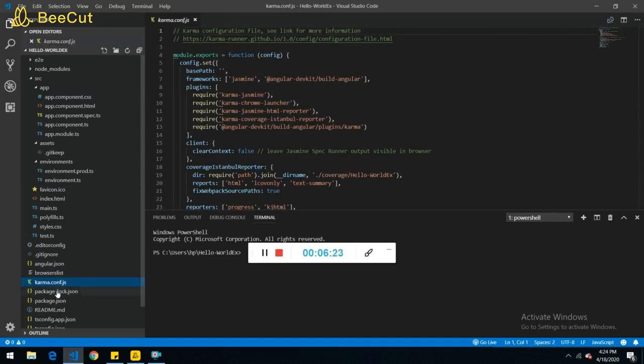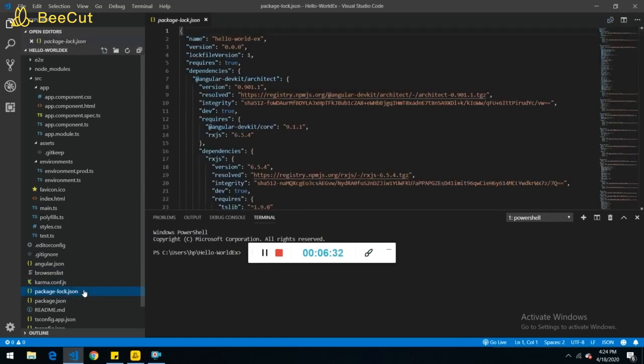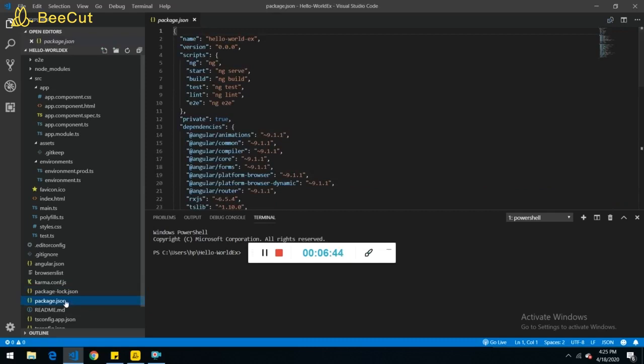The next very important file that we have is package-lock.json. Basically, if you are using Angular 6, then it just stores the requirements of the specific features of Angular 6, whereas package.json is used for defining project properties like description, author, etc. It also has basic settings like the name and version of the application.